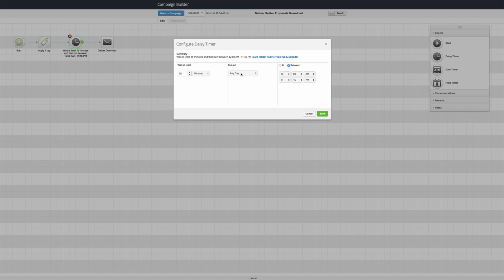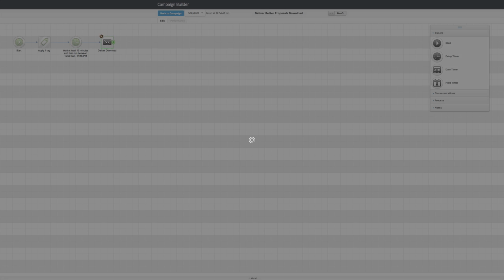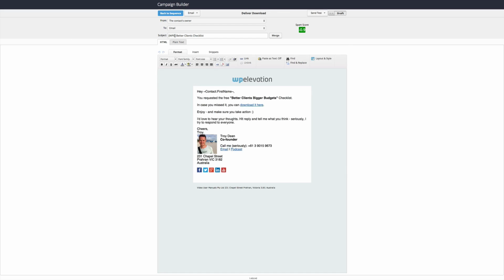Okay, if it's going to run any day of the week between midnight and 11:45 p.m., that essentially means it will run any time, 15 minutes after they've opted in, and then we deliver the download. And this download email, here's one we prepared earlier, the subject line is Better Clients Checklist. So I'm just going to change that to Better Proposals Checklist. And then it says, hey, contact first name, which will be, hey, Matt, you requested the Better Clients Bigger Budgets